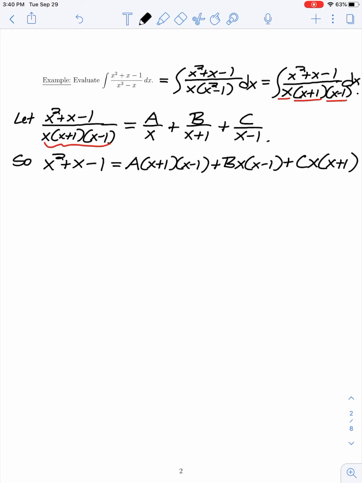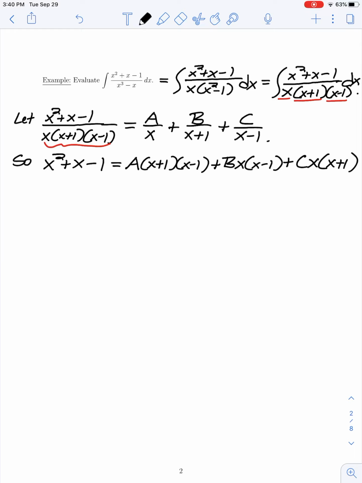So this is what I would have when I multiply the previous line through by the common denominator. So let's see if we can go about solving for our coefficients. Now in this case of linear factors, I can solve